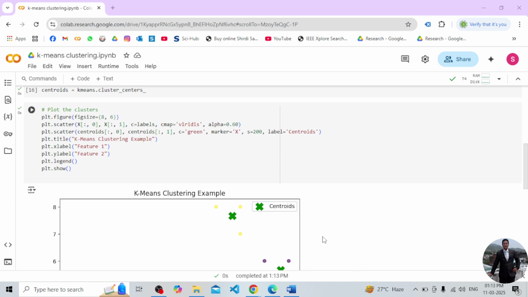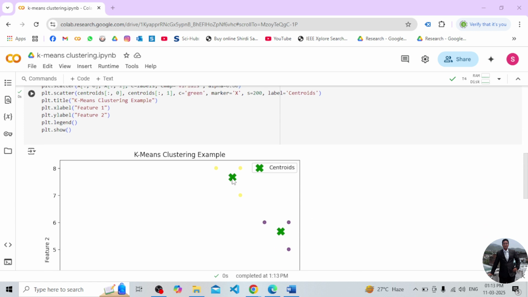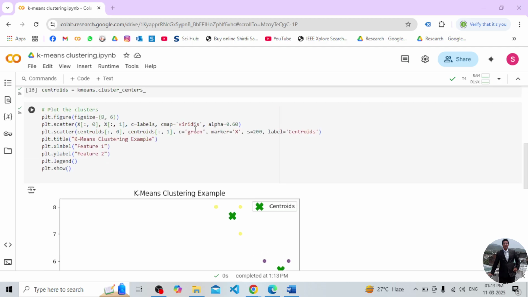Now you can see this graph has been plotted. These yellow and purple colored points are my data points that have been plotted with these settings. If I set the value to 0, let's